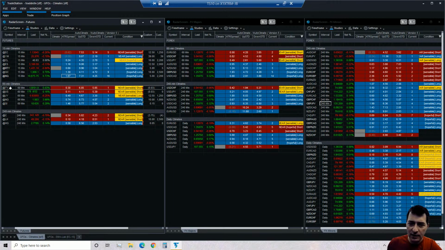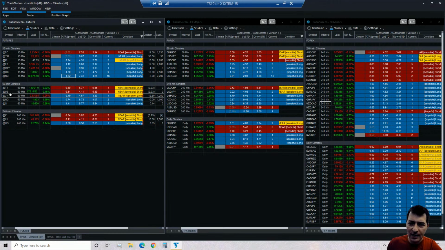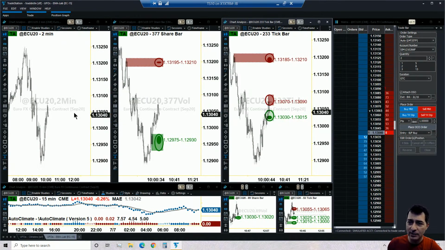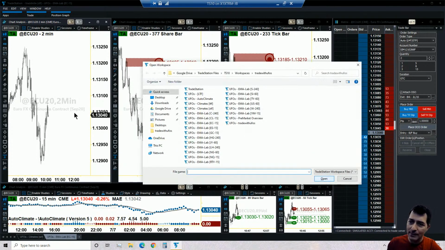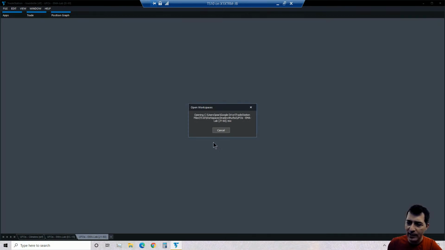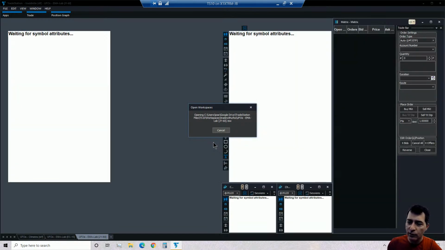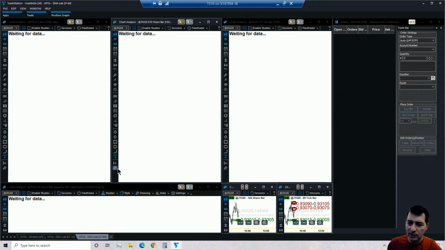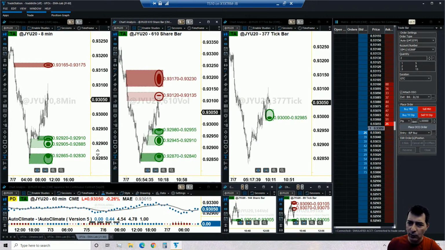We have the 10-year note, the 30-year bond, and the Japanese yen. Since we are dealing with the euro, which is a currency, what about we look at the yen first, and then we can look at the TY and the US. Let's begin with the yen. Everything we do is currencies as of now. The symbol we are using is JYU20.